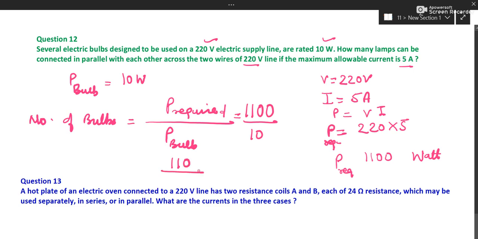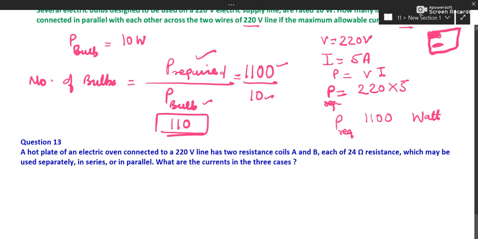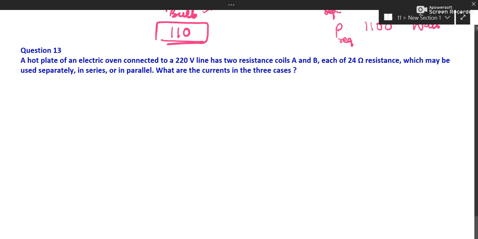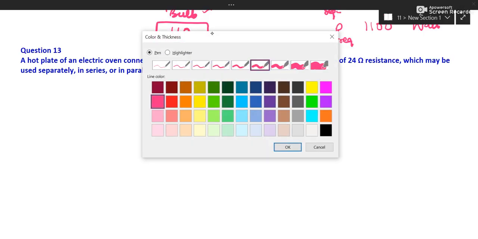What is the concept that I've used? If you remember in mathematics we do like this, and how many tiles are required. So we keep area of wall, area of floor up and area of each tile down to find out the number of tiles. Similarly, power required up, bigger power, and power of each bulb down. So I got this. This is the number. So this is another way, but we should be ready with both the ways. Okay, in previous numerical we could not use.